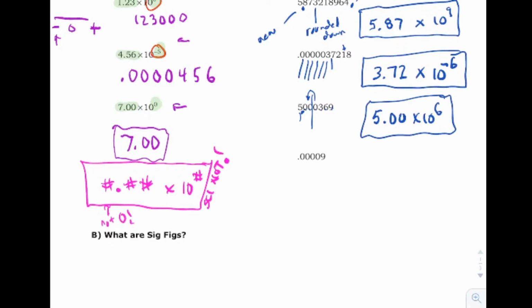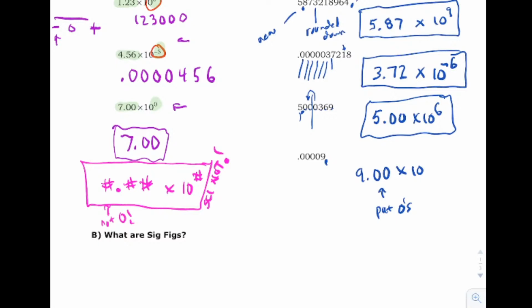And then this last one, the main point I want to make with this one, we're going to put the decimal right after the first non-zero digit, which means right after the 9. And we are going to write it this way, 9.00, okay? Because I want everything to be in standard 3-digit scientific notation, okay? So put the zeros, 9.00. So if your calculator says 0.00009, in scientific notation, you would say it's actually 9.00 times 10 to the,